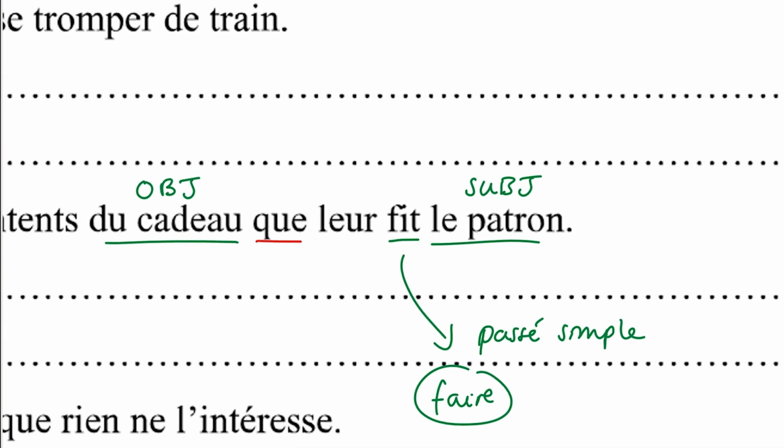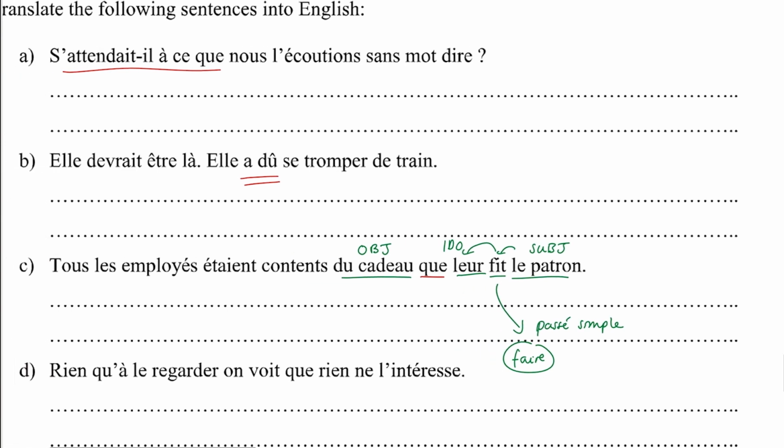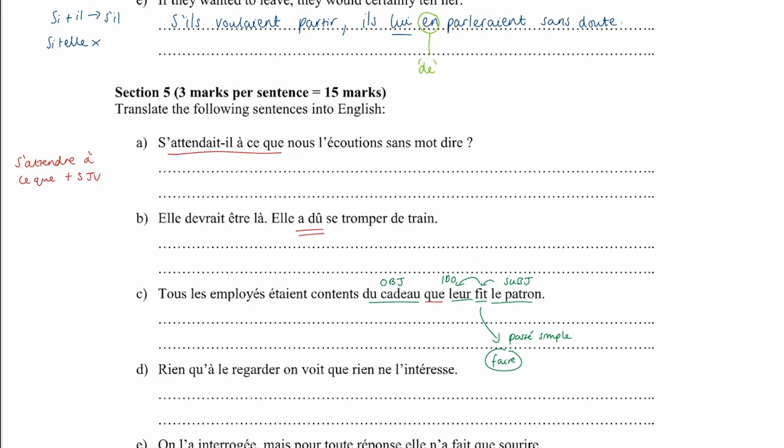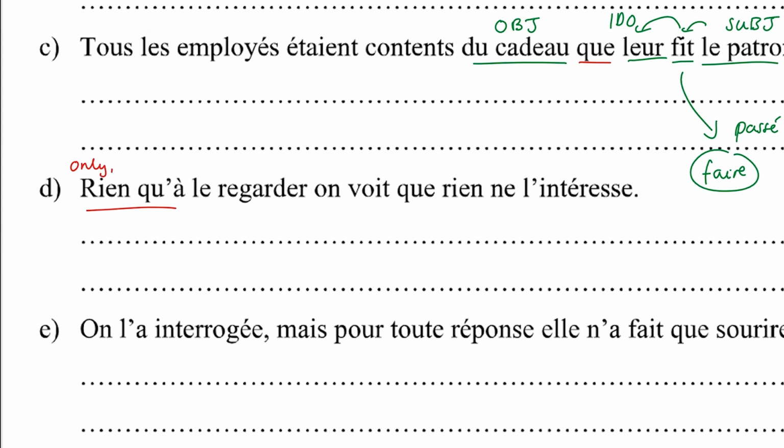So they were very happy with the present which the boss made to them. And here's the indirect object. They were very happy with the present which the boss made to them. And again, this word order is all over the place. That's in order to achieve balance. What you've got to do is make sure you work out what is doing what in the sentence. Be really careful. And because these translations are only a sentence long or so, you do definitely have the time to do that. Comme means only or kind of just by, I think is a good translation here. So I'd say just by looking at it,